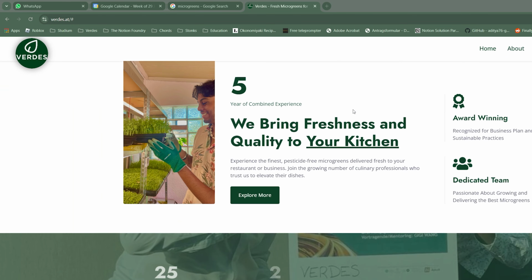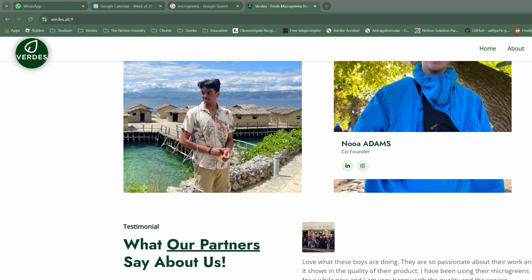Today you're going to learn how you can run an entire business on Notion. For a little context, my friend Gopi and I started a business selling microgreens to restaurants in our city. And after proving that the concept works, we now built a dashboard in Notion to manage the entire business on. It includes calendars, task lists, a CRM system, a project manager, and houses all of the financials as well as